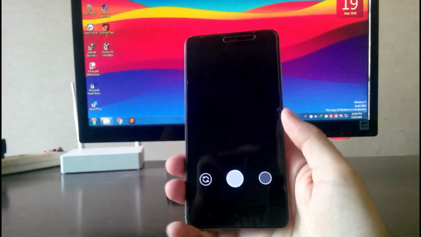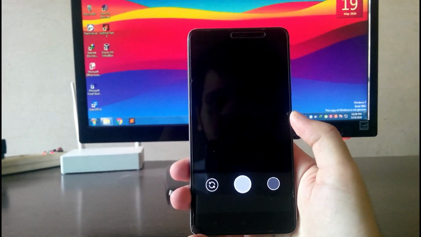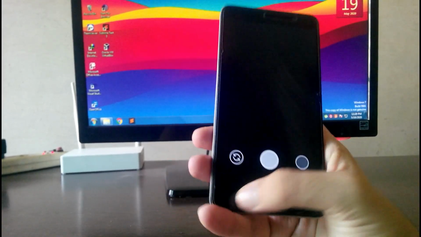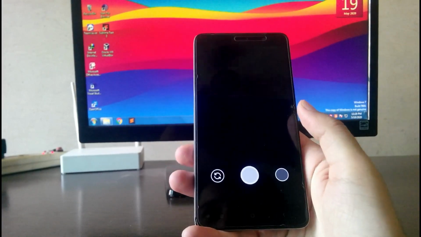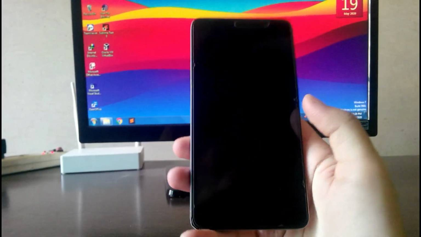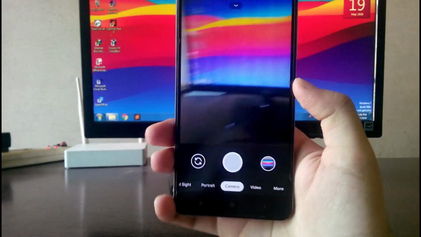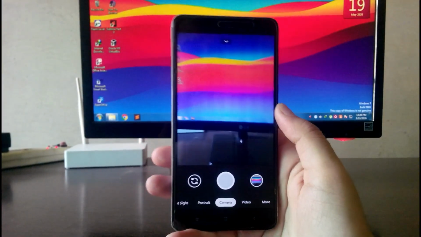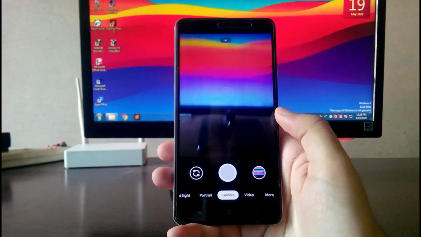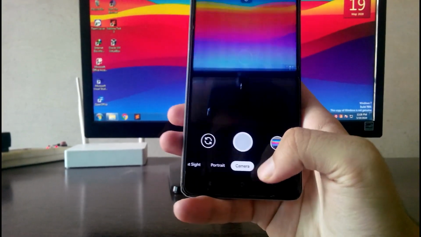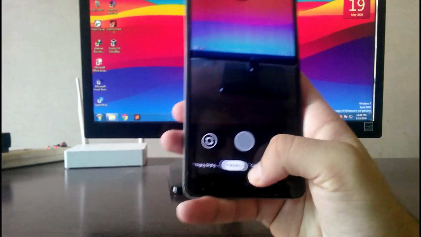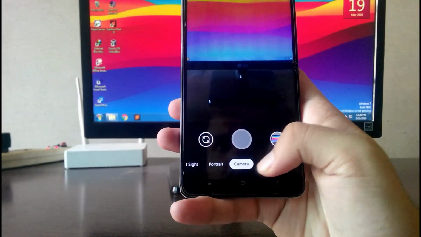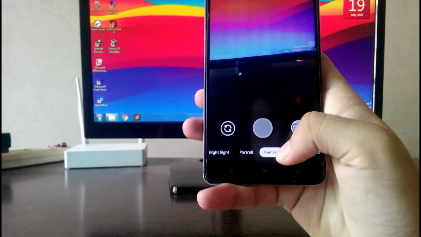Okay, this just hung. This is the problem with the Gcam for every ROM. I don't know what just happens, and this happens when you continuously use the Gcam. So guys, as you can see here, the Gcam is working fine, but if you use it constantly, then the device will hang and you will have to reboot it. This is the bug, this is the problem with each and every ROM.